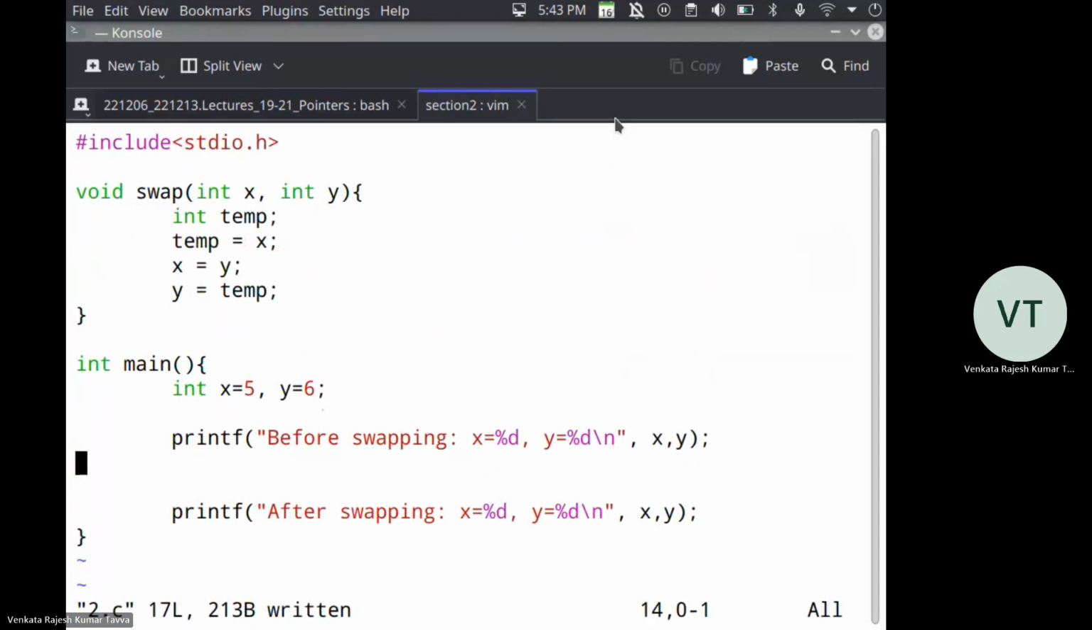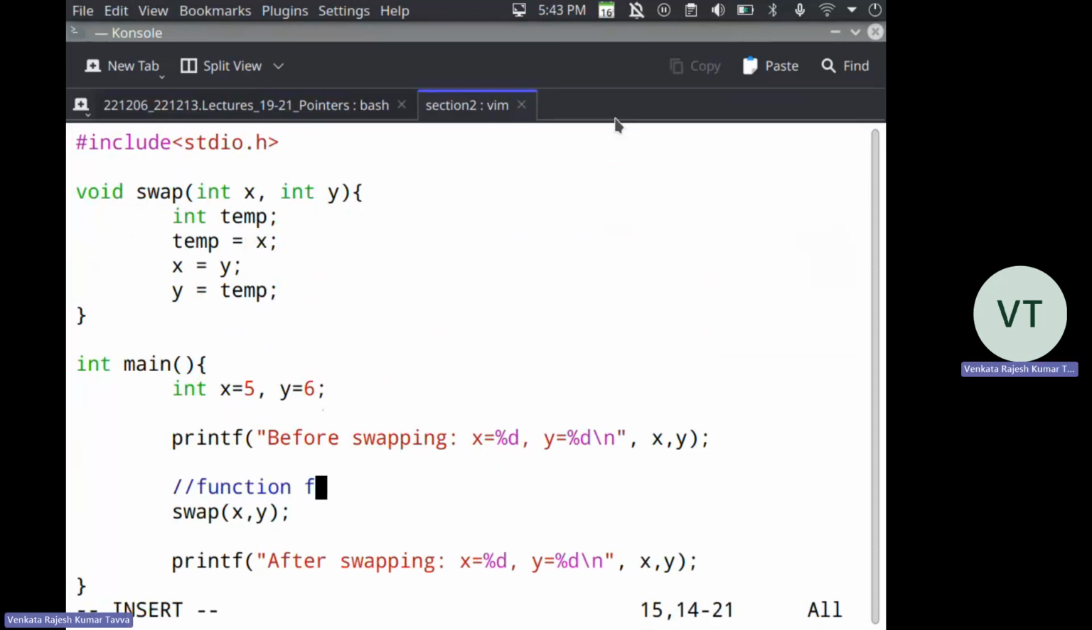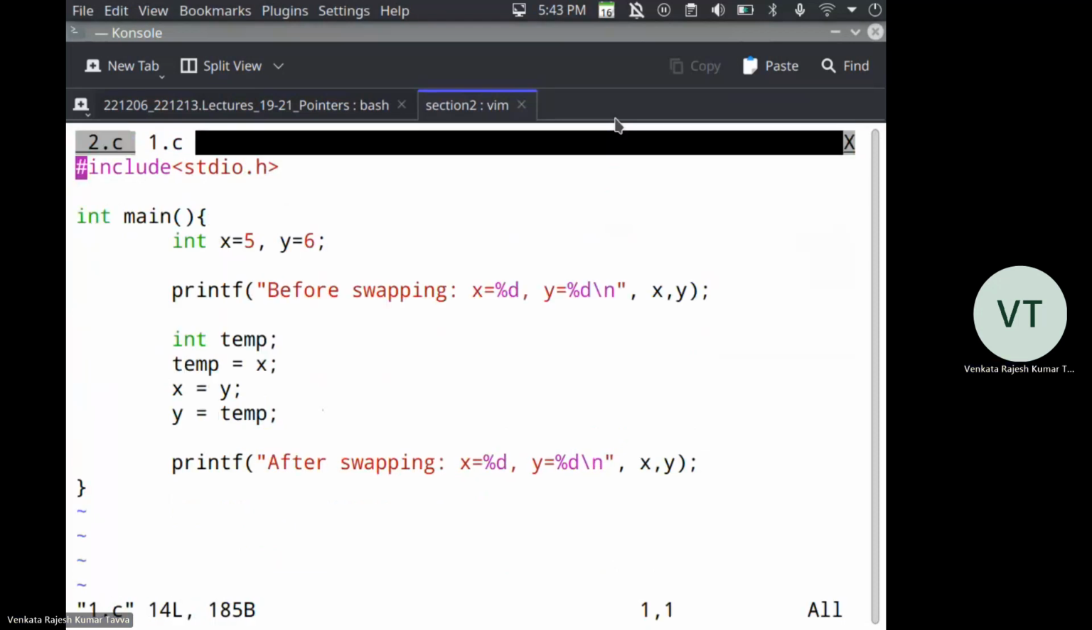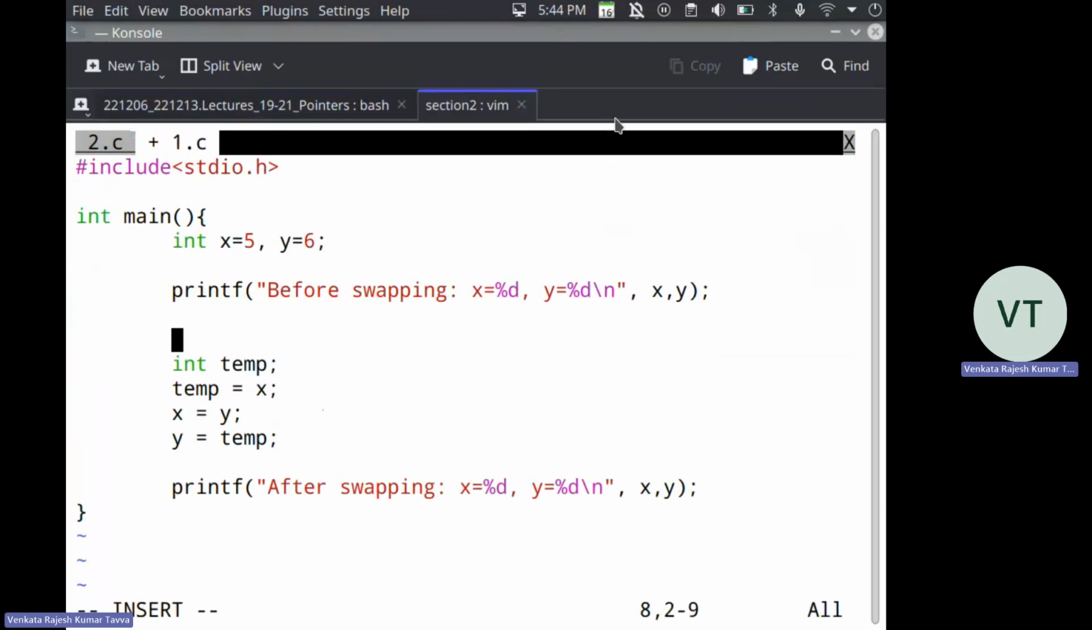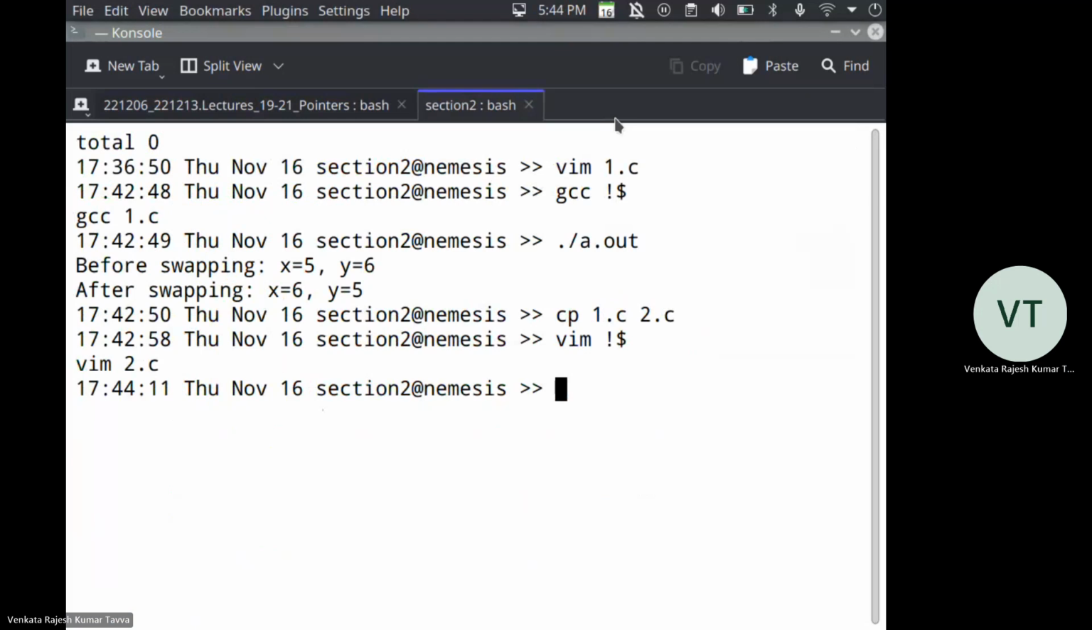I will just need to call this function in the main function. Now, no matter how many times I want to swap, I'll just call this function. So this is the function for swapping. In the previous code, this is the code for swapping. So this code for swapping, I put it inside a function and I'm calling that function. All right, so now when I run this,